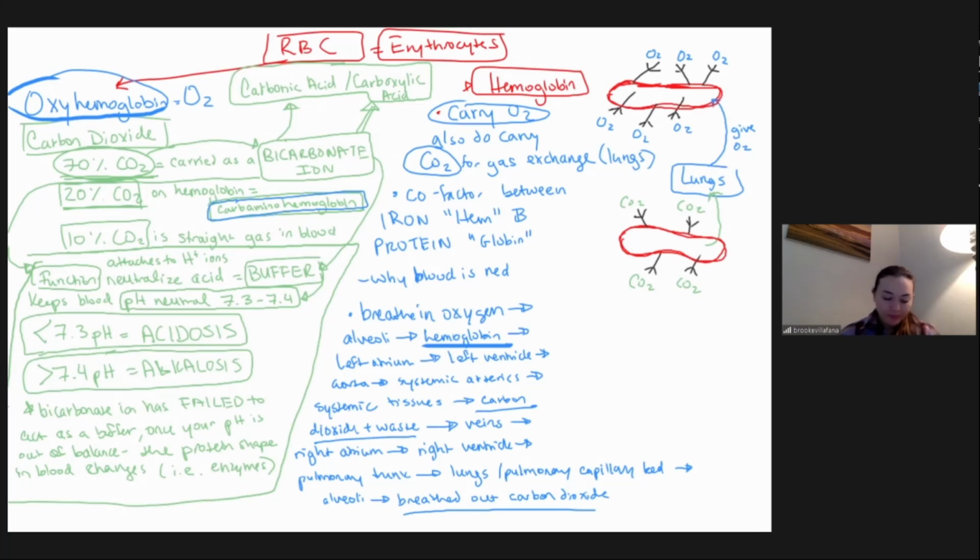Okay. Just so you know, I think it's my OCD, but technically these numbers are 7.35 and 7.45. I just think it's better for you to have that somewhere in your brain, because that's what it's supposed to be. We just say 7.3 to 7.4, but accurately it's 7.35 to 7.45. You don't need to know that for your test. I just really feel like you should know that, because those would be the accurate numbers. Okay,